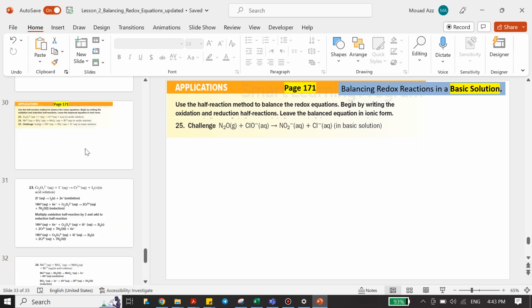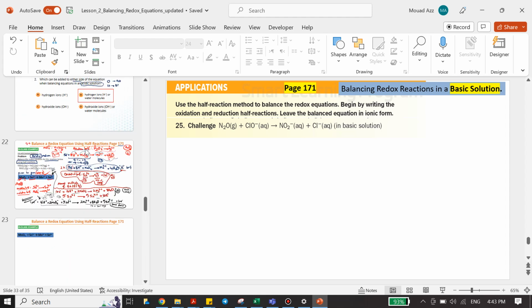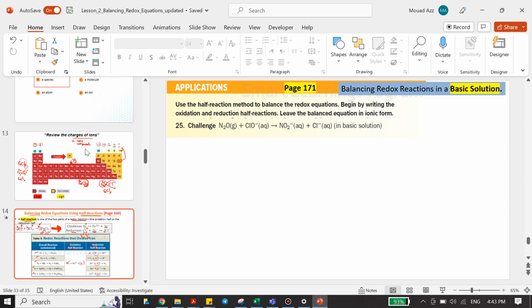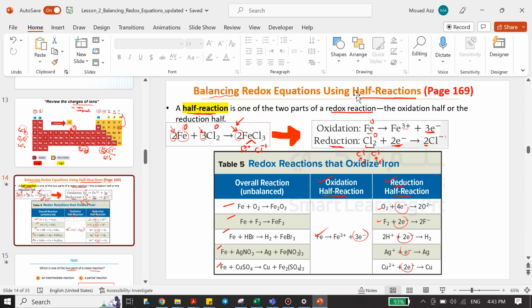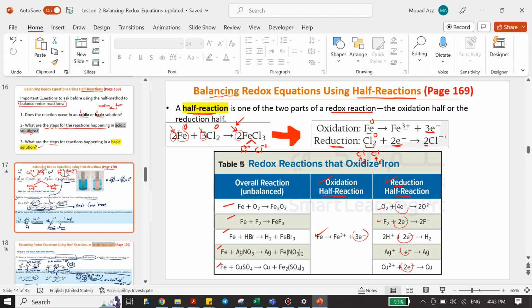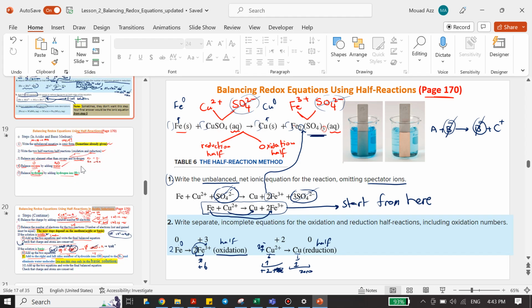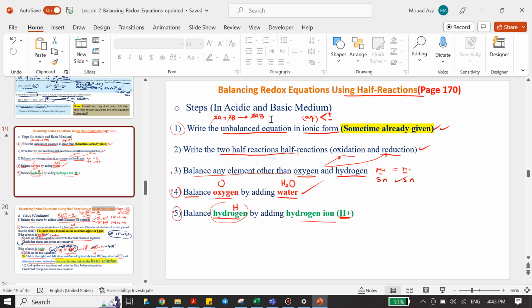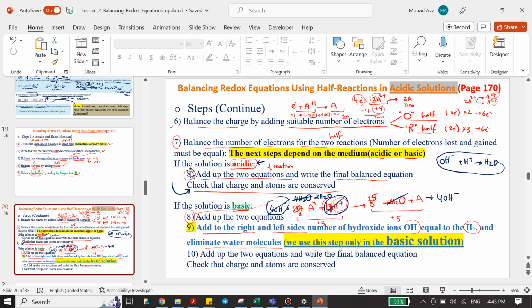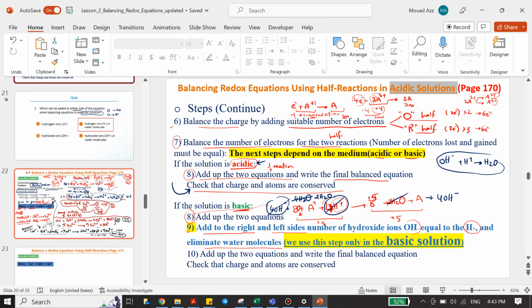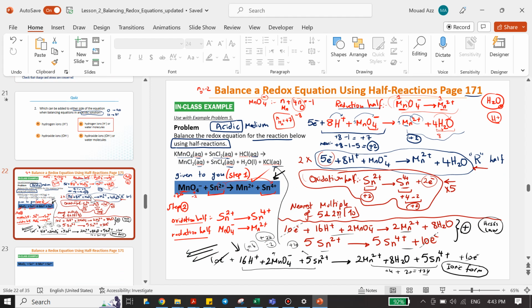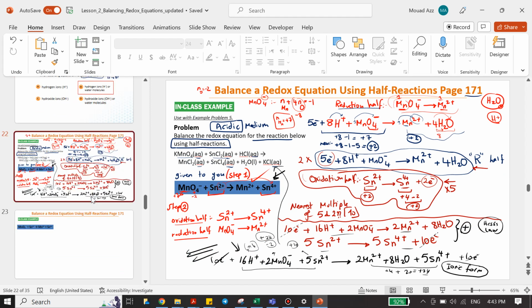In the previous two videos we saw how we can balance redox reactions. What is the half reaction method? How can we use the steps to balance by the half reaction method? We said we have two ways: one in an acidic solution, where we learned the steps from 1 to 8, and one in a basic solution. The only difference is that you add one more step in the basic solution. We solved this example that you have on page 171, and